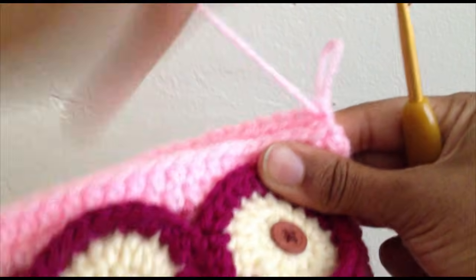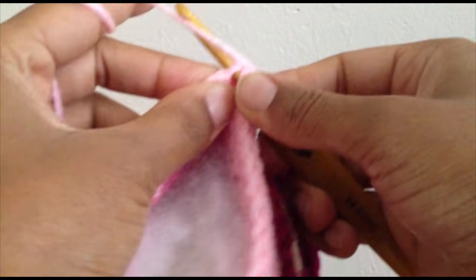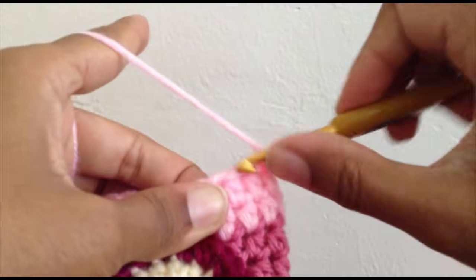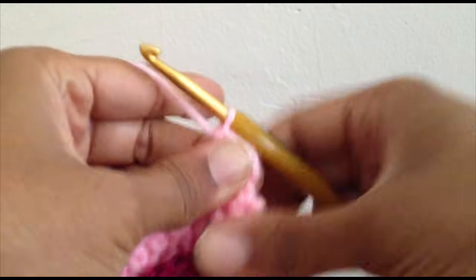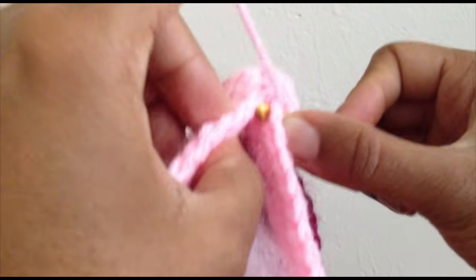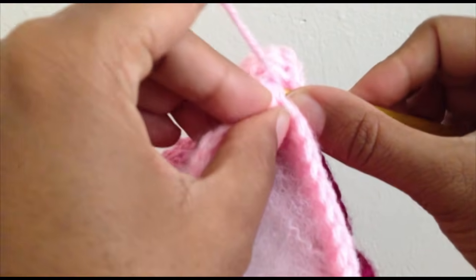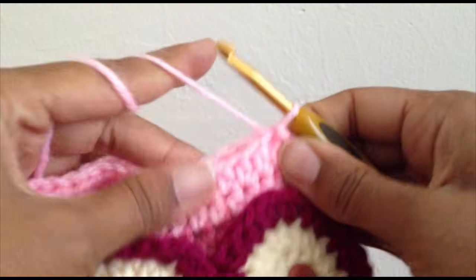Mine is pretty aligned. Do a half double crochet from the front to the backmost stitch. I want 4 half double crochets, so pick the front and the back, and half double crochet right into it. That's 2. 3. And 4. Slip stitch into the next 12 stitches,